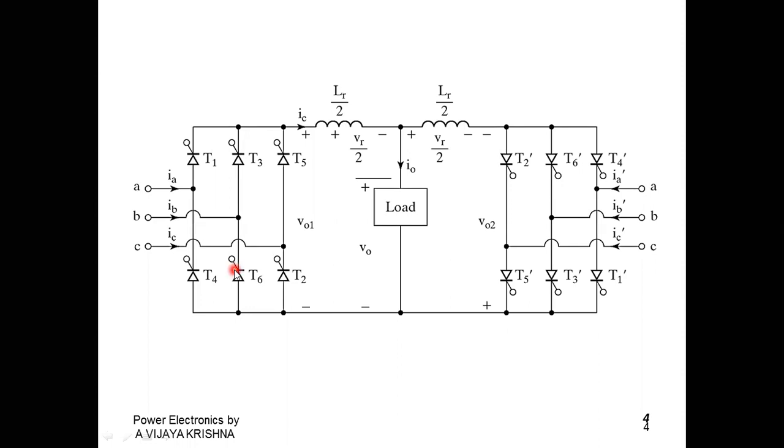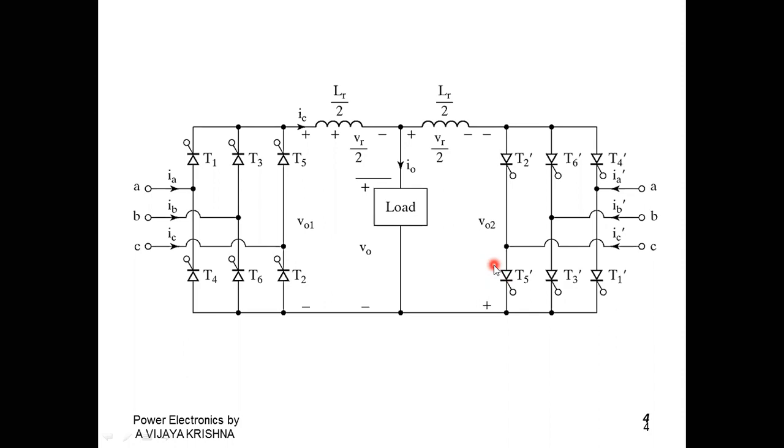You have to ensure that during changeover from the converter 1 circuit to the converter 2 circuit, the load current must first decay to zero. The outgoing converter must have stopped conducting for a delay time of 10 to 20 milliseconds before firing pulses are applied to switch on the incoming converter. This is the dual converter operation without circulating current mode.